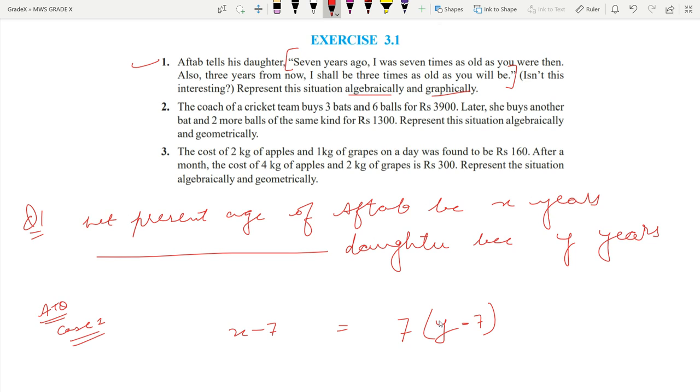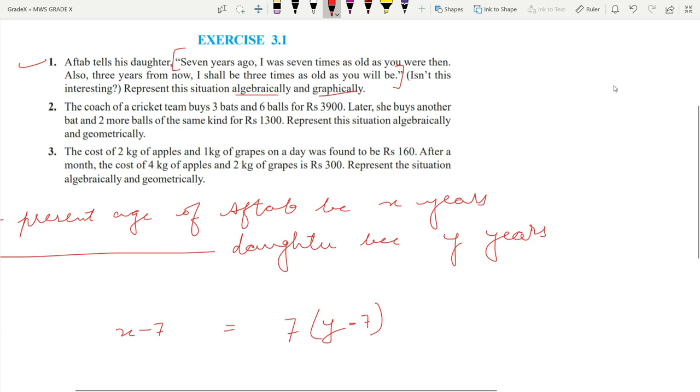Now, as I have explained to some of the students in the previous year, why are we doing questions like this? Why are we multiplying on the side of daughter? If Aftab is 7 times, then why are we multiplying here? So it is like this. Suppose daughter's age is 6 and Aftab's age is 42, which is 6 times 7 is 42. Suppose this is just an example. These are not the real ages. So let daughter's age be 6 and Aftab's 42. So Aftab is 7 times the daughter.